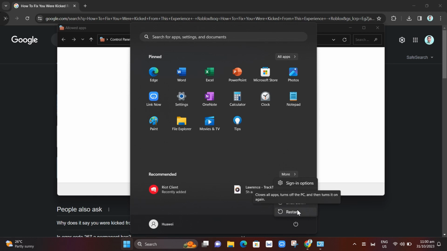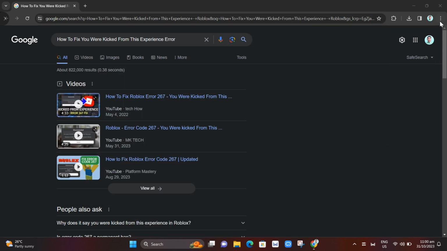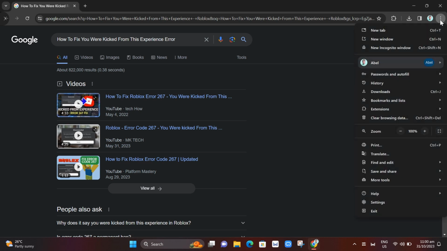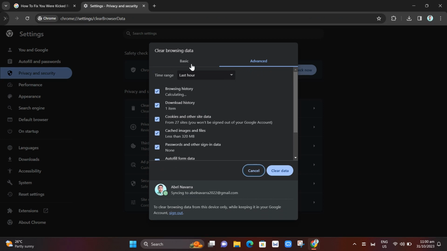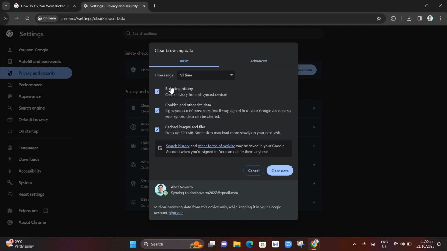Now the second way here on how you can fix that "You were kicked from this experience" error, you just need to open your Google Chrome and then from here click on the three dots at the top right hand corner and then click on clear browsing data. Now here you just need to choose this basic tab and check this browsing history and all time and then click on clear data. Then once you've done right here, you can try to reopen your Roblox and it should